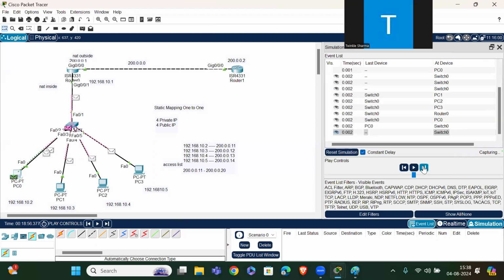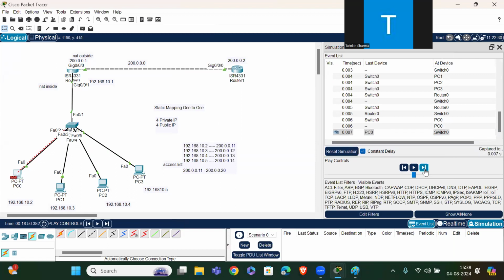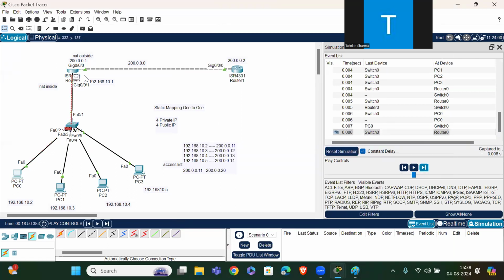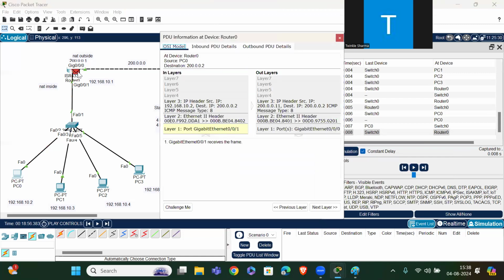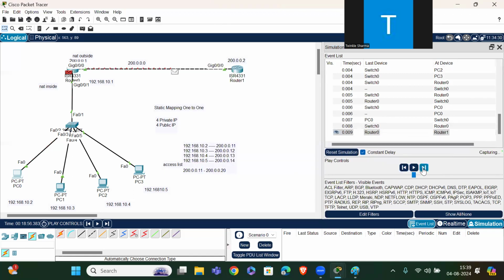Okay. Here, let me check. The source IP is 192.168.10.2 and the destination IP is 200.0.0.2. And the source IP is 200.0.0.11, destination 200.0.0.2. It is converted to a public IP, right?